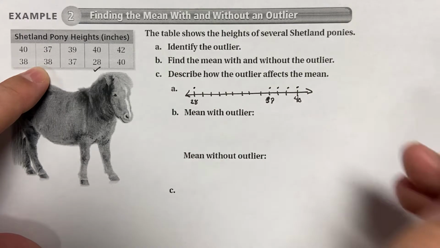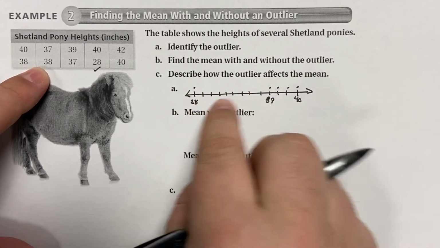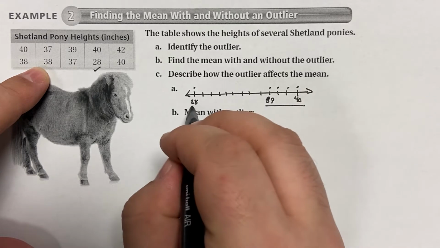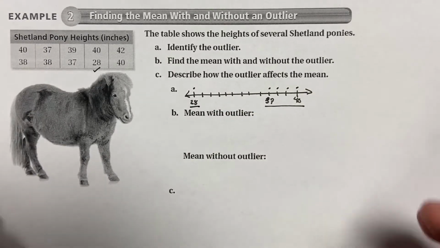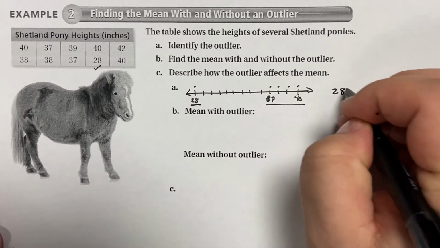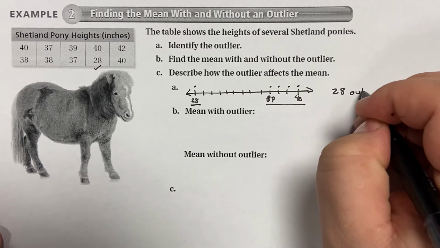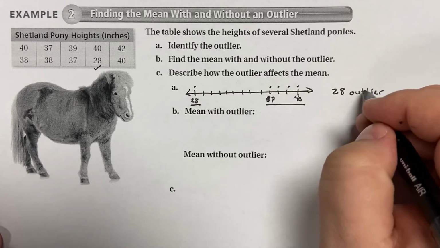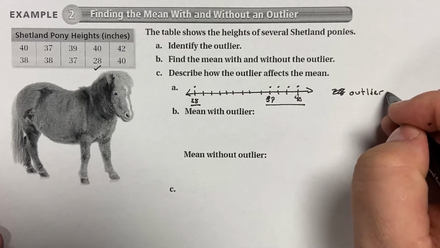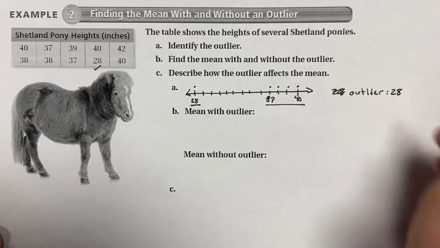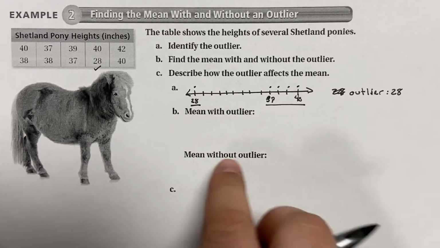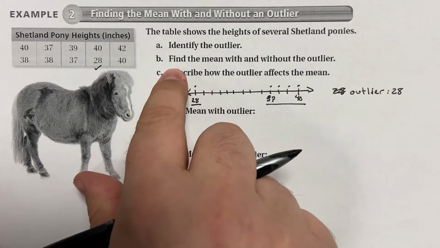We could put dots if we want to. But we just noticed that everything else is between 37 and 38, and then there's a huge gap, and then 28 is all the way over here. So 28 is going to be an outlier. And that should have actually been in front, so let me write it appropriately. Outlier 28. All right. So mean with the outlier and mean without the outlier, because it says find the mean